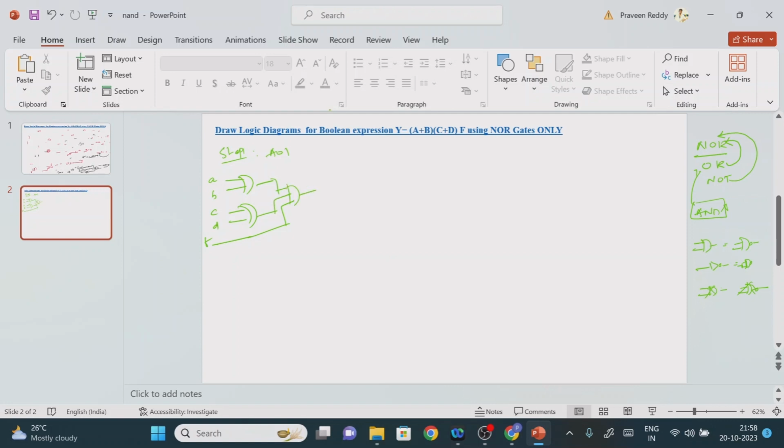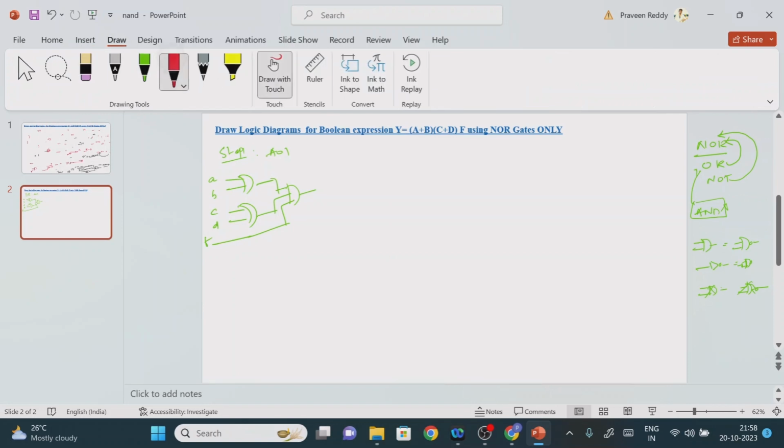Now if you observe here, what is the design procedure as we discussed? Whenever you find the OR gate, we can directly replace it with the NOR gate. So here we have the OR gate, and we replace the OR gate in terms of the NOR gate. But see that we have kept the bubble at the output side. Output side means we need to add an extra NOT gate. This bubble is nothing but the NOT gate. In order to get back the original OR gate, we add the extra NOT gate.